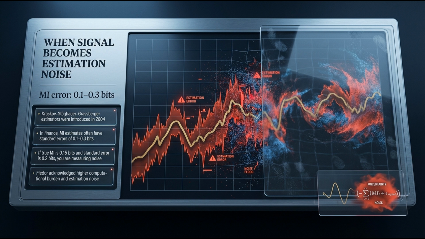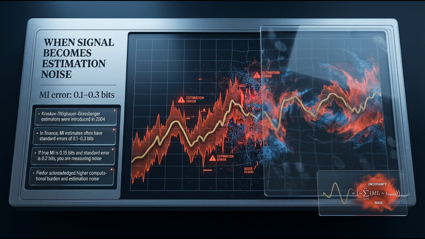In theory. But in finance, that space is incredibly sparse, and it's volatile. Consequently, when applying Kraskov estimators to real financial data, the standard error of your measurement is routinely 0.1 to 0.3 bits. It can be high, yes, but let me finish this point, because this introduces a fatal mathematical catch for the systematic trader. If the true underlying mutual information between two financial assets is 0.15 bits, but your standard